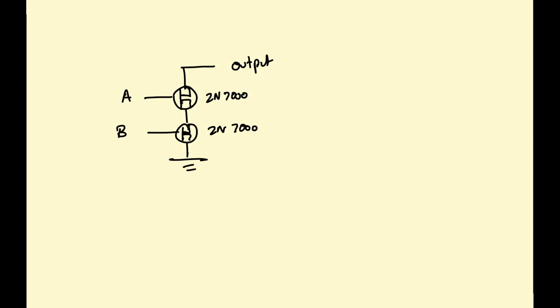Okay, so what I want to know is when is the output what I'm going to call pulled low? Meaning that there is a connection between the output and the ground, which is this symbol, by the way, you guys have picked up is the symbol for ground. So being pulled low means that the output is at 0-volt potential. Under what circumstances is there a connection directly from the output to the ground? So output is connected to ground